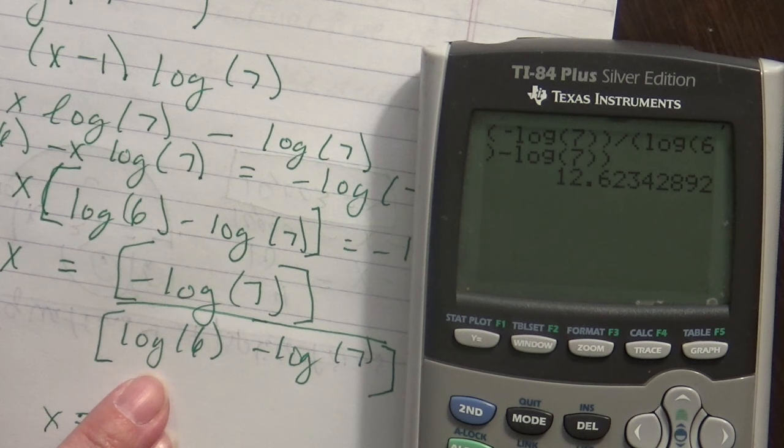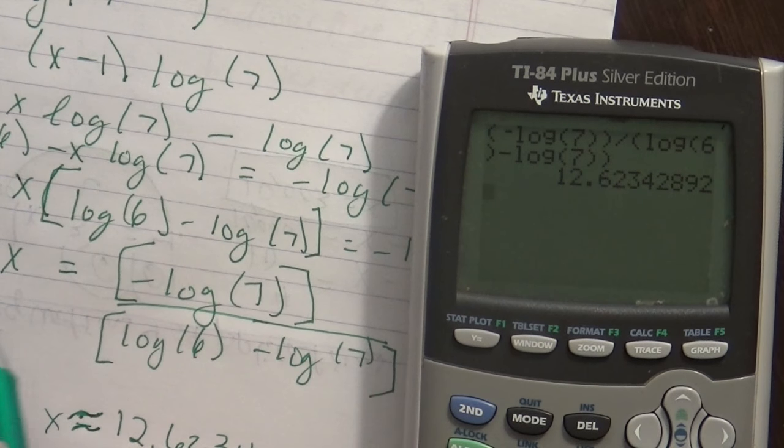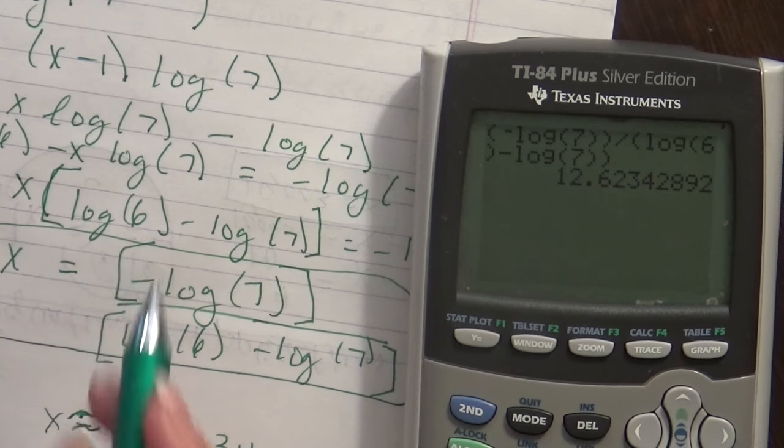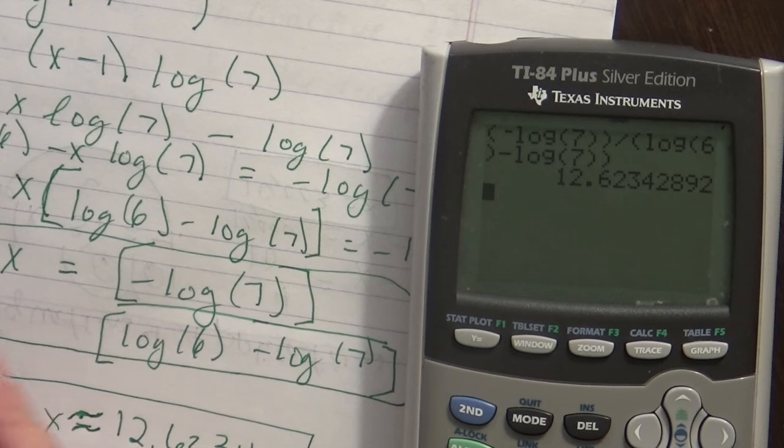12.6234. I don't remember if they asked how many decimal places to carry it to. I'm going to carry it to 4. 12.6234 is my answer. That's my approximation. So they said to give both the exact and the approximate solutions. So the first value we got here was the exact solution. And then the second one is the decimal approximation. This is the approximate. And that was